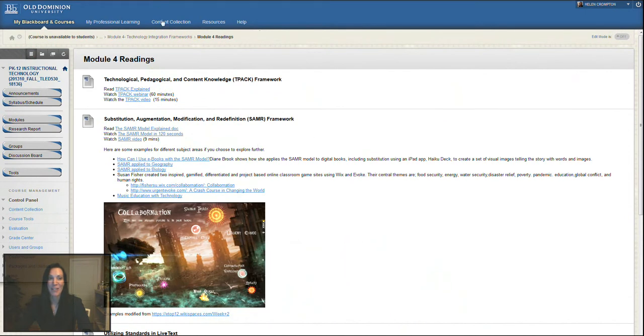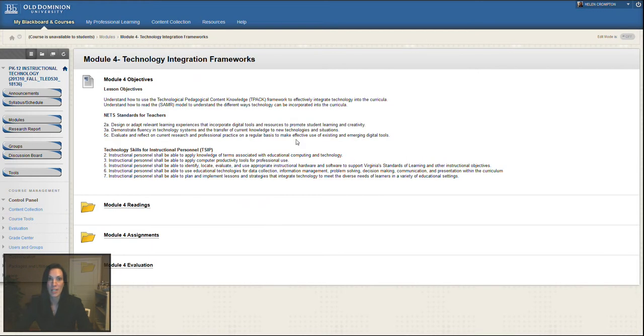And then after the readings, and in fact I'm going to go back now to module 4, and rather than using this navigation panel on the left hand side, I'm going to follow this little kind of breadcrumbs trail at the top of the page, which, can you see there where I'm hovering over with the mouse? This is the page in bold that I'm on now. And if I actually go back following that breadcrumbs to find out where we've been, I can click on module 4 and it'll take me back to where I just was. It's kind of like using your back button. Now I'm going to click on assignments,